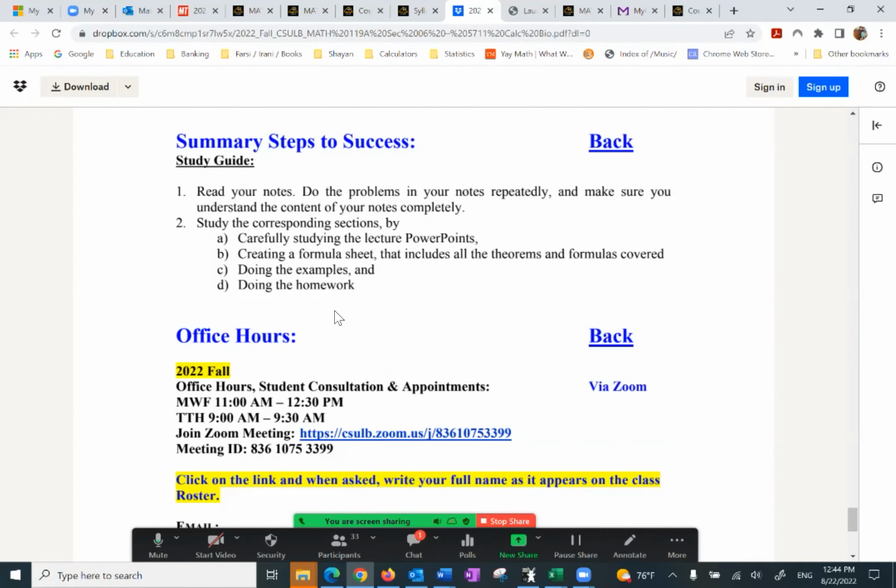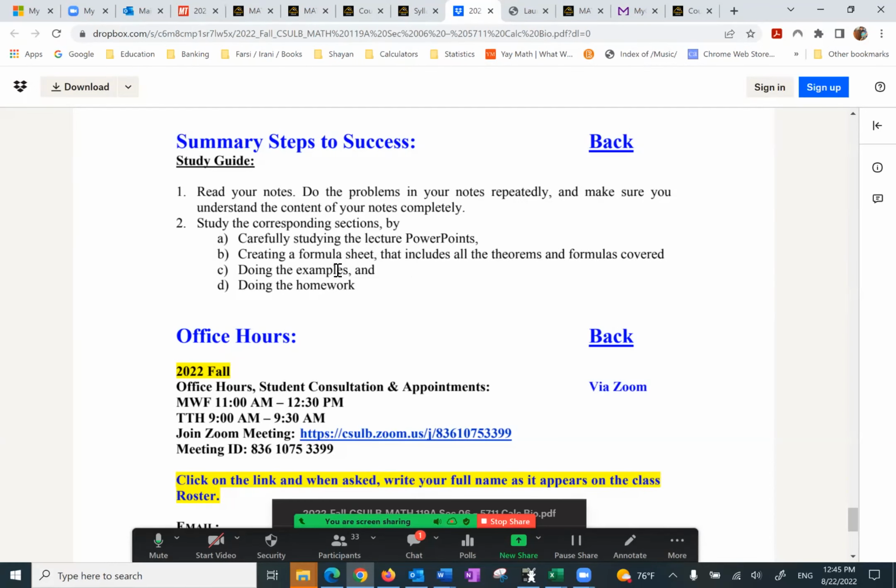Now, summary steps to success. You want to read your notes, do the problems in your notes repeatedly until you feel very comfortable with them. Study the corresponding sections that we cover, carefully studying the lecture PowerPoints, creating a formula sheet, doing the examples, doing the homework.